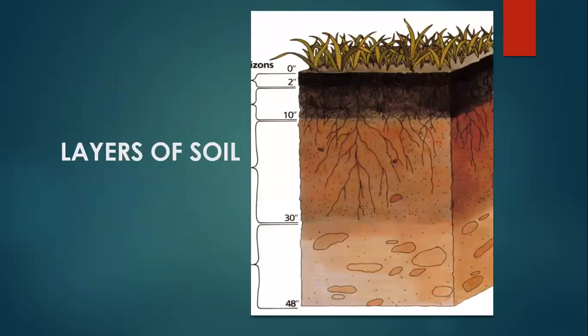So here is a picture of different layers of the soil. As you have seen, there are five major important layers of the soil. The first one, the last one, is this one. It is composed of rocks and microorganisms, bacteria and fungi are also there. Decomposers are there. And after that, the second layer, that is of 30 inch.